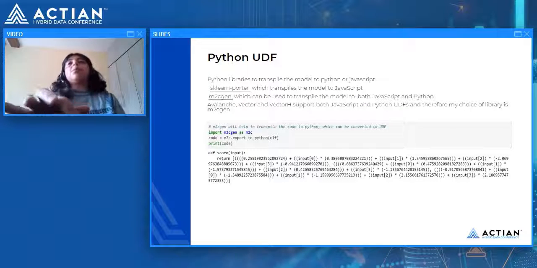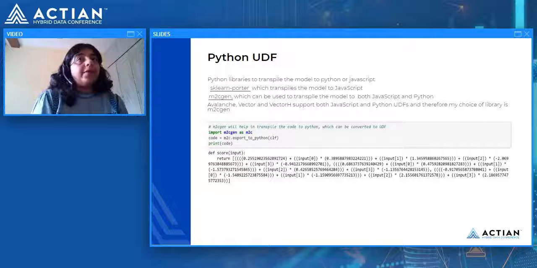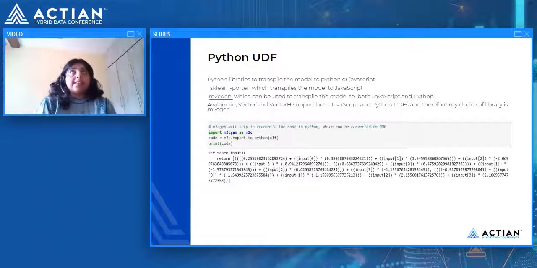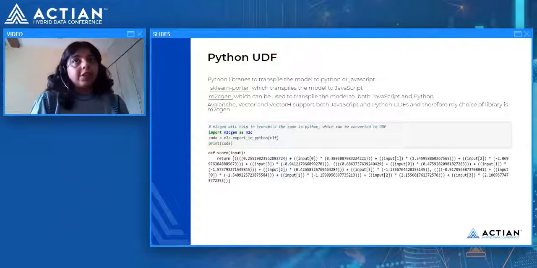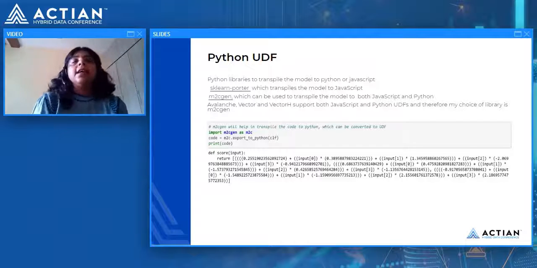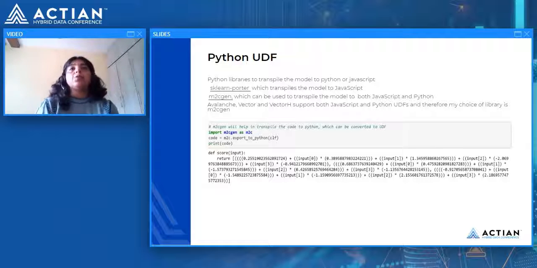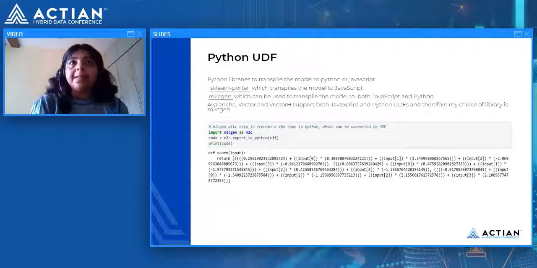Now, once my model is ready with just the one line of code which I showed you, there are some libraries already available which can convert this model into either a JavaScript function or a Python function. Since Actian Vector, Vector-H, and Avalanche support both JavaScript and Python, what I have selected here is m2cgen.